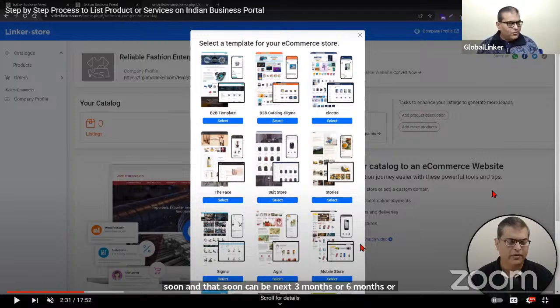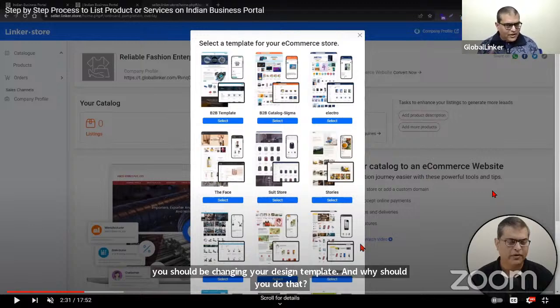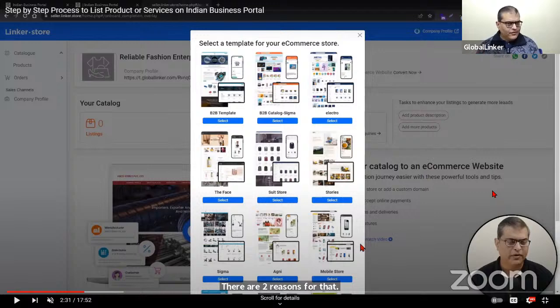And it is sort of a best practice in this industry that at least once in a year you should be changing your design template. And why should you do that? There are two reasons for that. Technically, the bigger reason is that with time, newer ways of presenting information evolve, right? So if you look at your smartphones as well, a smartphone which is 5 or 6 years old, the way the applications open, how the